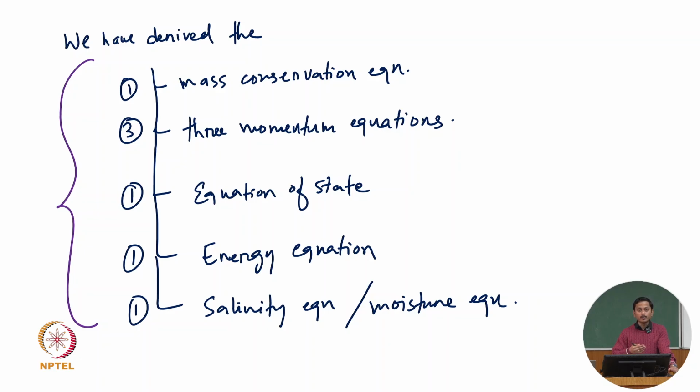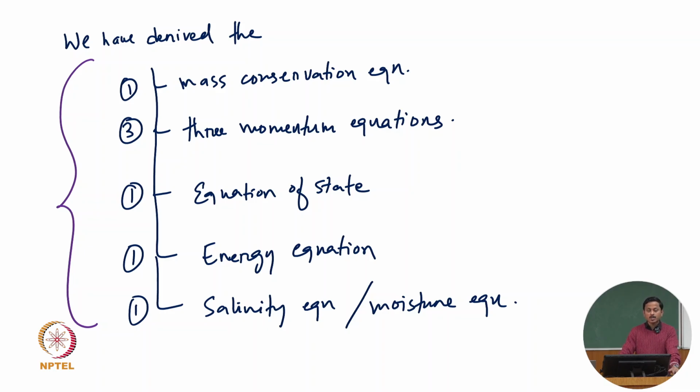We'll do some related topics on how changes in density can be neglected in certain portions of the momentum equations, because we will be dealing with changes in density, varying systems. Because in seawater, density changes, because if you go from one height to another, you will face different densities. So we'll see how those changes affect the momentum equation and which are the terms that we can neglect based